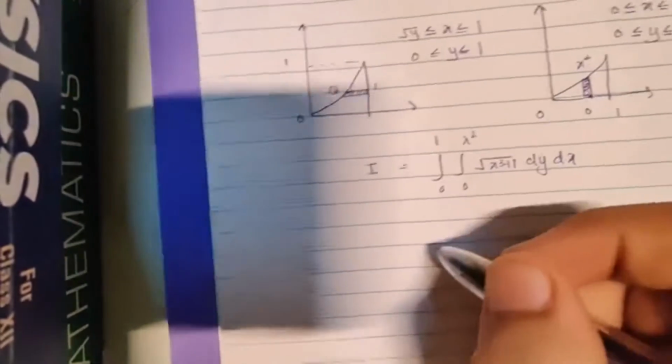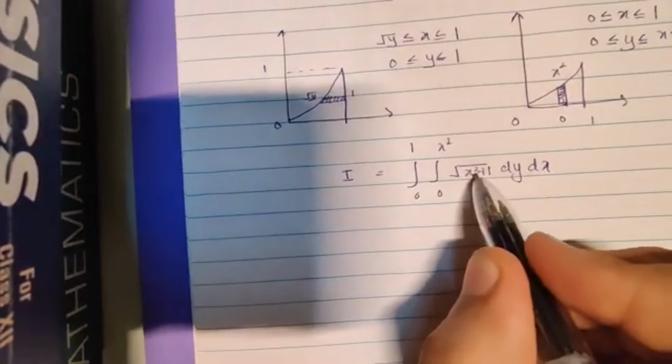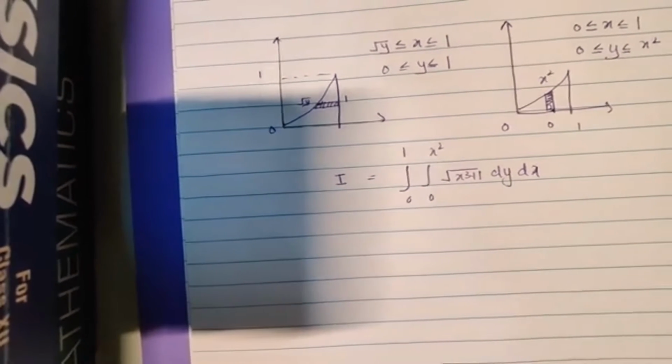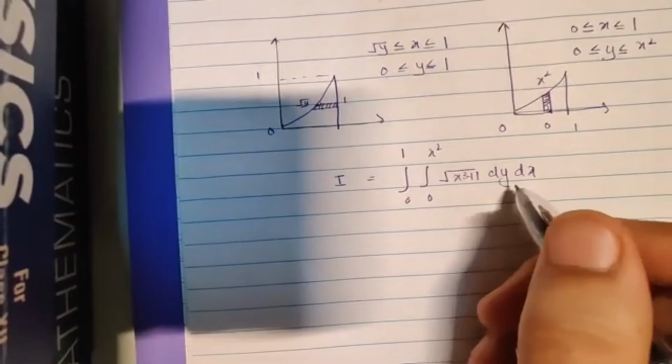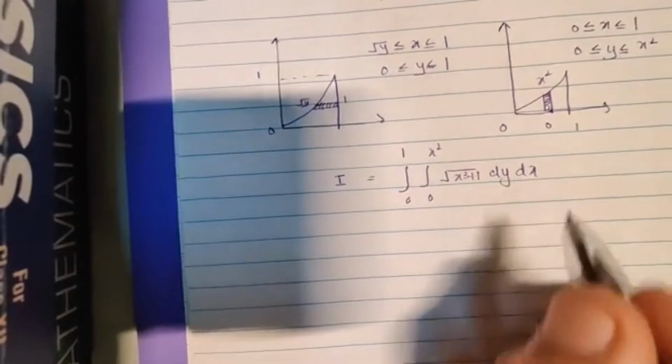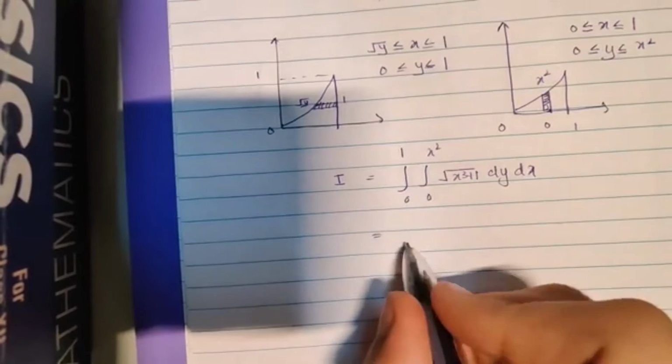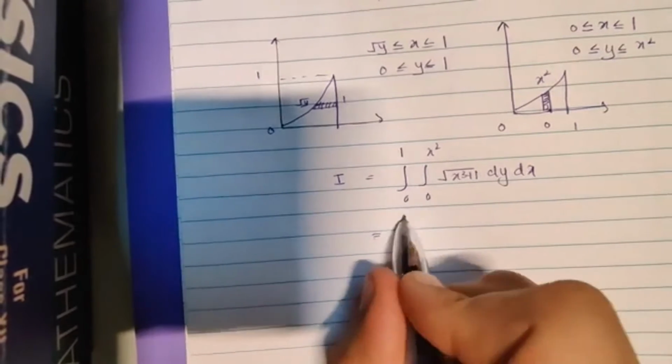So now, x times the square root of x cube plus 1 would be treated as a constant when we integrate with respect to y. We will be left with the integral 0 to 1,